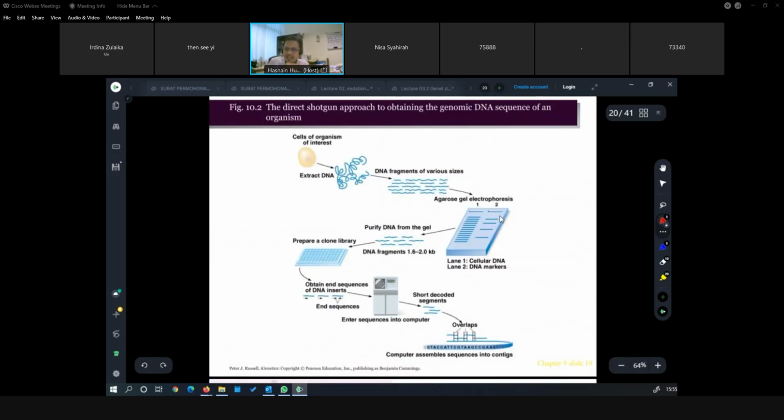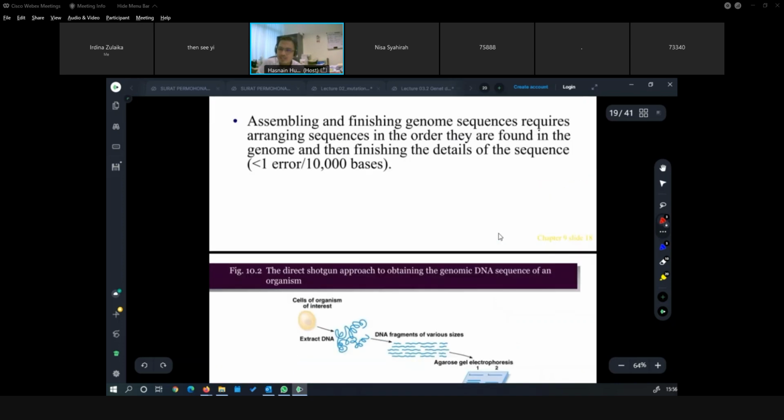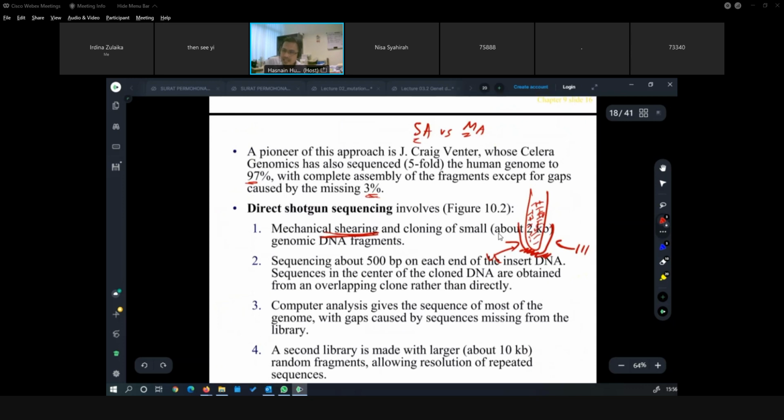They take DNA that is around 1.6 to 2 kilobase only. Because when you cut the DNA into smaller pieces, you can still have DNA that is quite large, 5 kb, 10 kb, or probably 100 base pair. So very small or very large, but they can do electrophoresis to fish out and get only about 2 kb size. Okay, so that is the one.